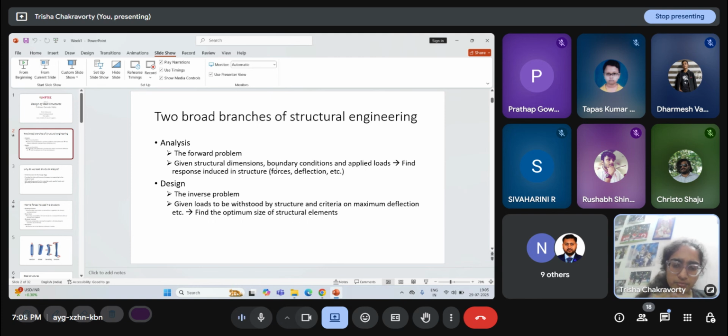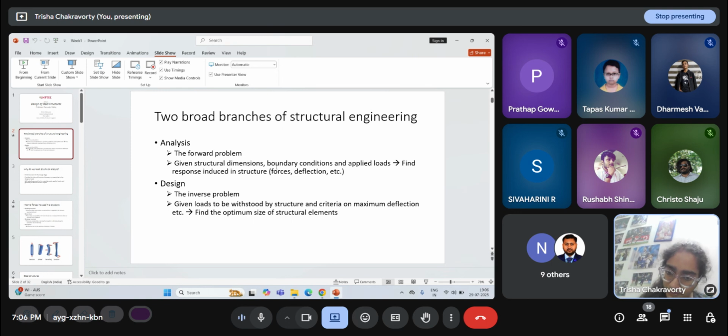So as a structural engineer, first I'm going to propose a certain dimension. I will take the load I'm designing it against, and there will be some factors of safety that the codes show. Then I'm going to carry out a structural analysis, and find out the response induced in the structure: the forces, deflections, stresses, strains. And then I'm going to check whether the section that I assumed is sufficient to withstand this. Then I'm going to say, okay, fine, the dimension and material that I've assumed is fine. I let it go ahead.